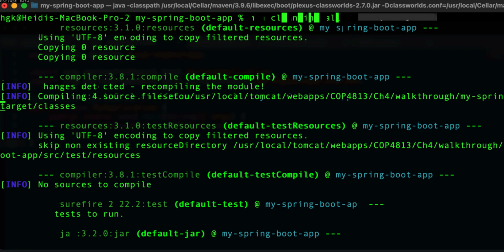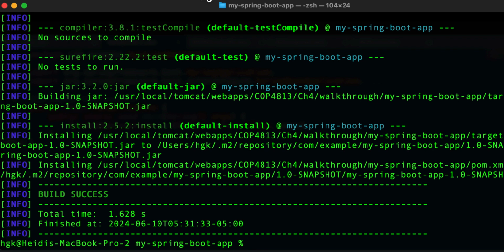Be sure and read these output logs. Make sure you don't have any errors. And then once you're ready, check and make sure you don't have any existing applications running on your port 8080. And if you don't, then go ahead and